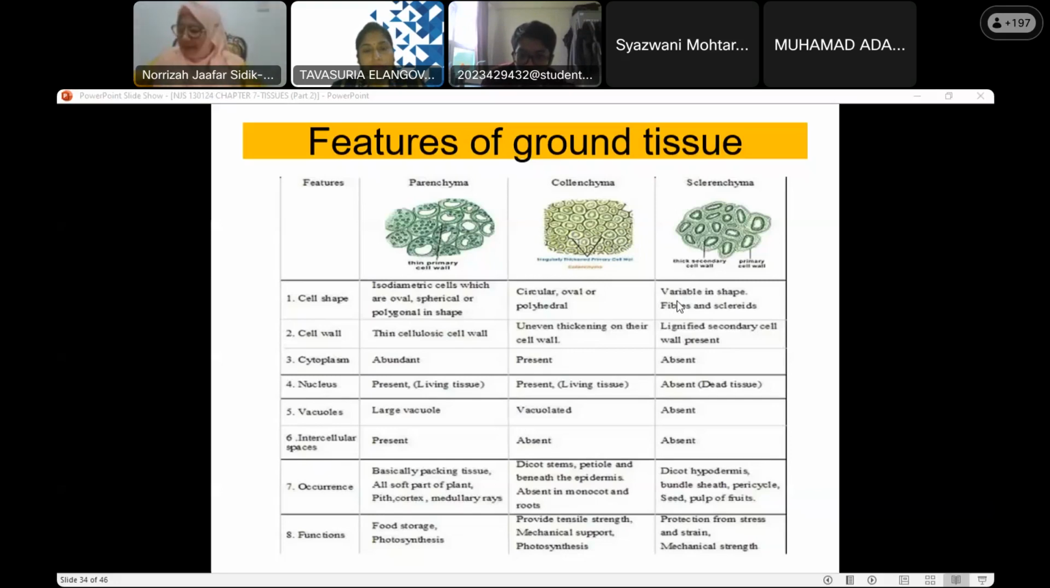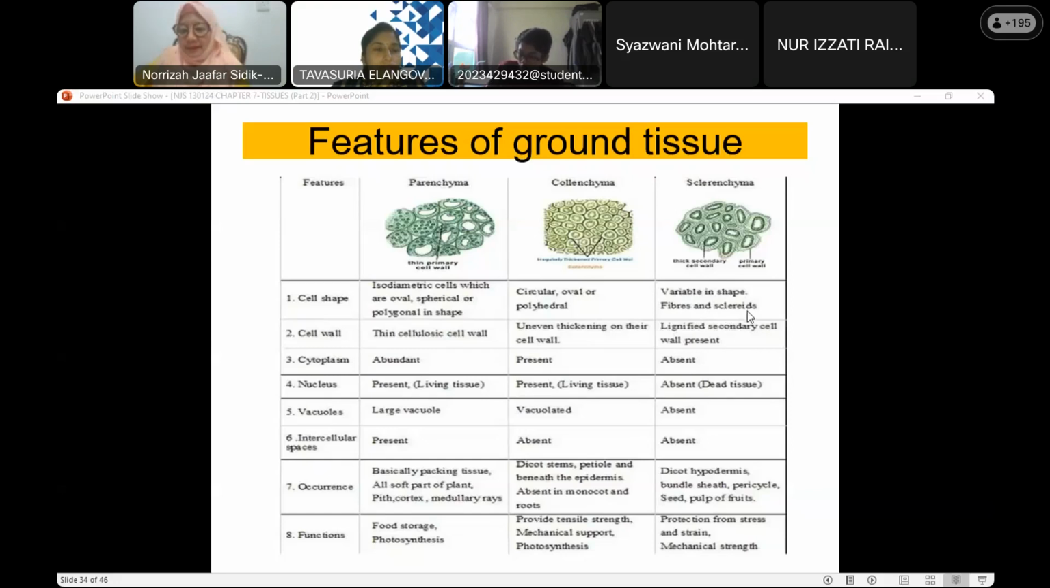All right. Okay, so next is the sclerenchyma. If you look at sclerenchyma, they have the primary cell wall and the thick secondary cell wall. They are variable, with different shapes. Parenchyma has isodiametric cells, which are oval, spherical, and polygonal in shape. Collenchyma is circular, oval, or polyhedral. Sclerenchyma is variable in shape,